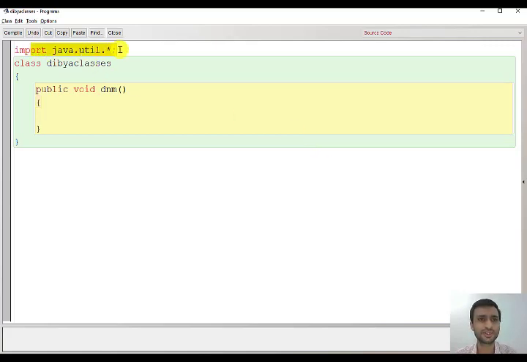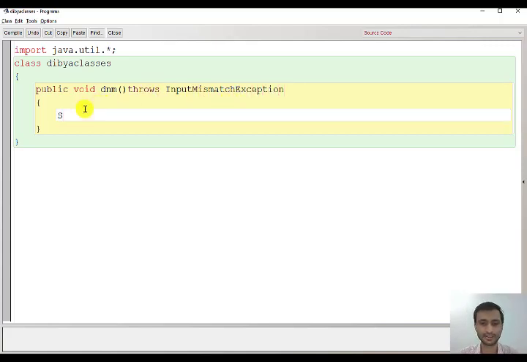So first is the import statement. Second is throws input mismatch exception. Whatever the program is, you have to write these steps. Then the scanner line, Scanner x equal to new Scanner and within brackets System.in.